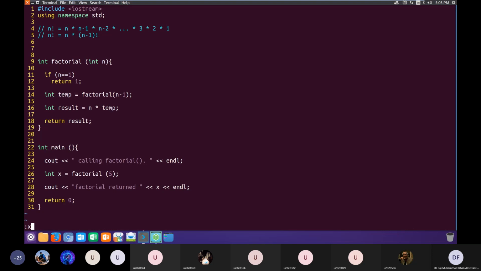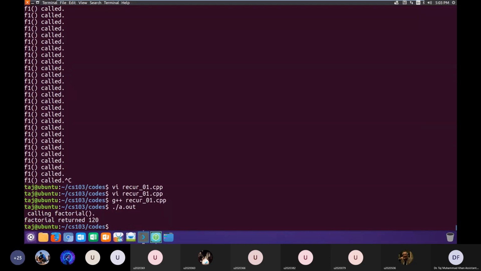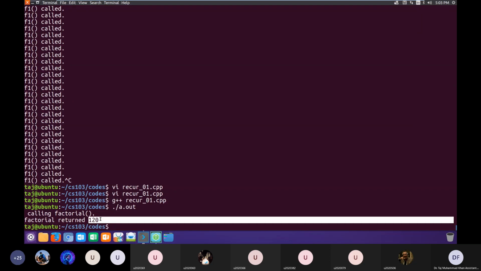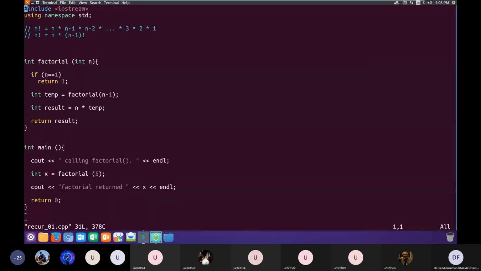Let us run it and see what happens. See, factorial returned 120. So 120 is basically 5 factorial. 5 multiplied by 4 multiplied by 3 multiplied by 2 multiplied by 1 is equal to 120. Now let us dig in and see what was happening in this function.